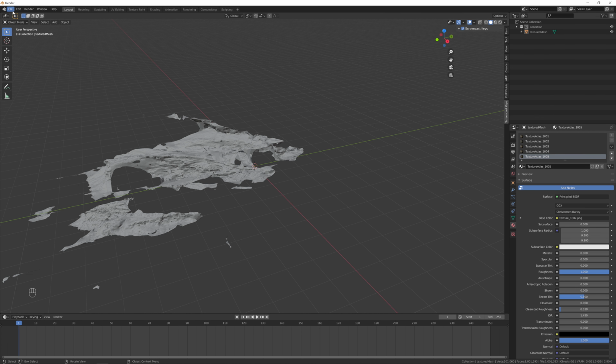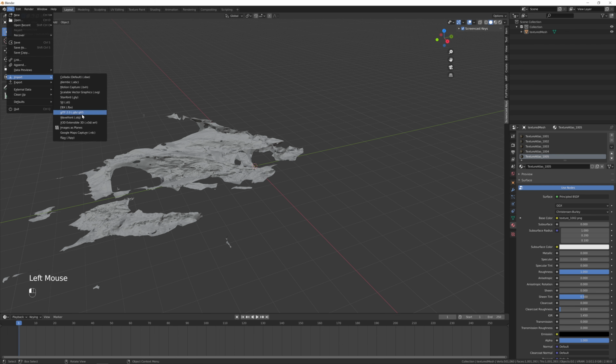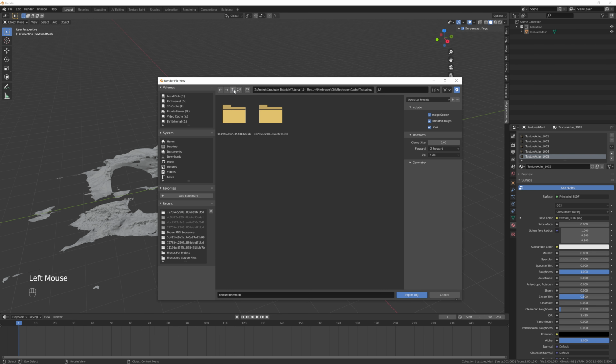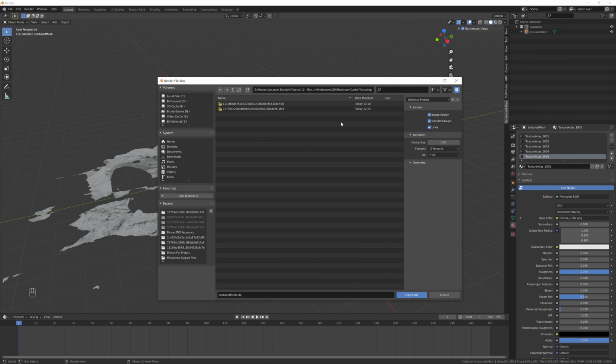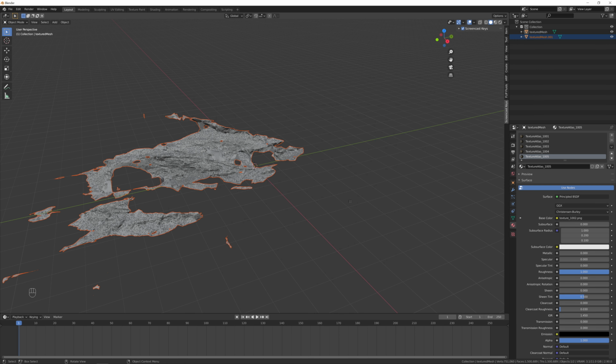Now go back into Blender, go to File, Import, Wavefront OBJ, and find your Meshroom folder again. In the texturing folder, there will now be two folders, one with the original mesh and textures, and one with the decimated versions. If you don't know which is which, click on Display Mode and select Display As Vertical List. Then choose the folder with the most recent date and time. Select your OBJ and click Import. If you don't want the high poly model anymore, you can just delete it.